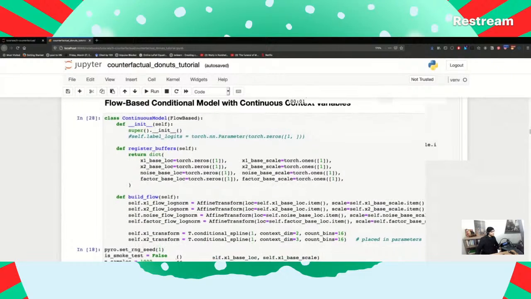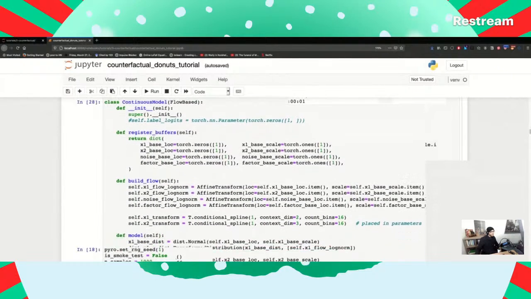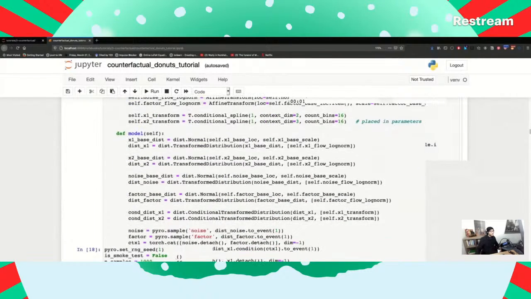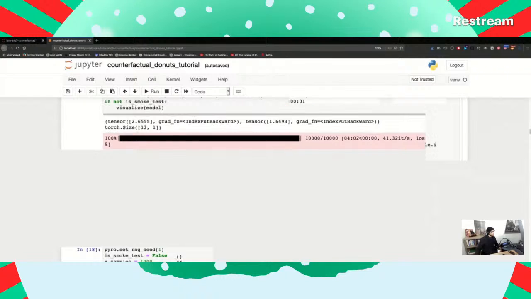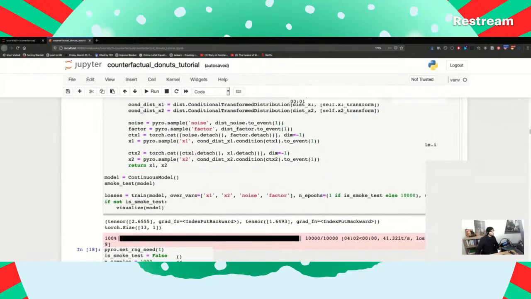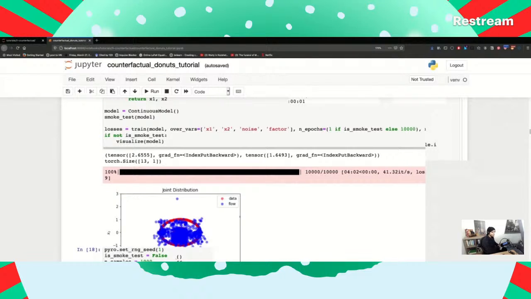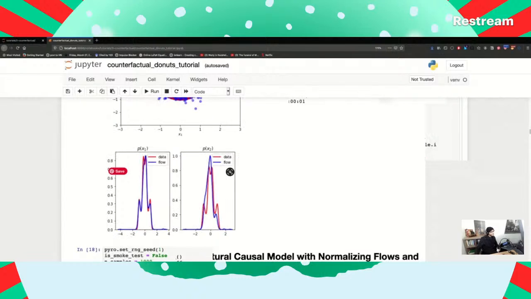Great. So flow-based conditional model of continuous context variables. Wow. Let's see if we can jump down to something in the time we have left. So there's a lot to sink one's teeth into here. If you were interested in working through this tutorial yourself, it's in the causal ML repo on my GitHub account, Robert. So Robert Ness / causalML, all one word, in the tutorials directory.